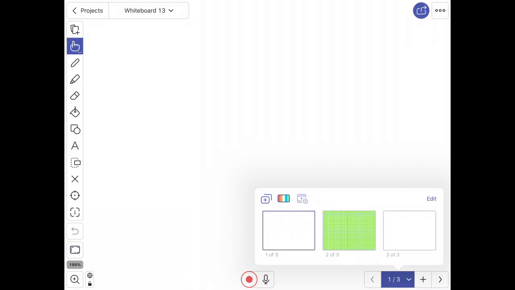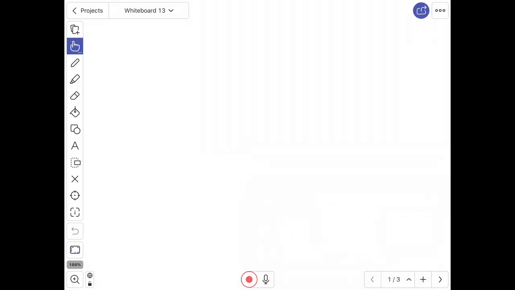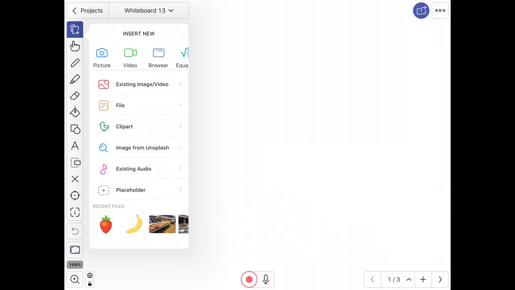Now the beauty of this is that I can integrate a video and some writing to explain something on my screencast. So say for example the teacher wanted to speak to their class while showing something. So on the top left hand corner, if I click on that, I get a whole lot of options for things to insert. And the first thing I'm going to insert is a video. Now you'll notice that there is an option for picture, video, but underneath there is an existing image or video. So if I click on the video, that will tape someone live through this app. So I'm going to click on video,